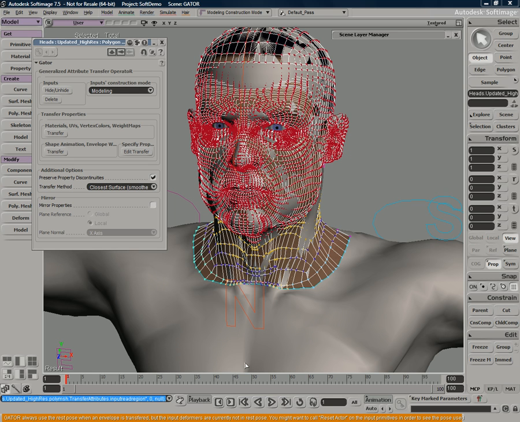And all the points that were below here, Gator just ignored. So it enveloped it right to there, and then that's the end of the procedure. Now, if I were to press the Delete key here, this would actually delete the entire character from the scene. I don't want to do that. I want to keep the body, obviously, and just attach the new head.